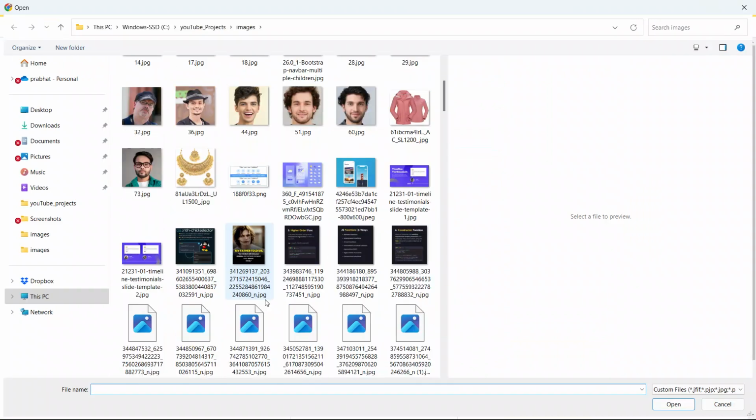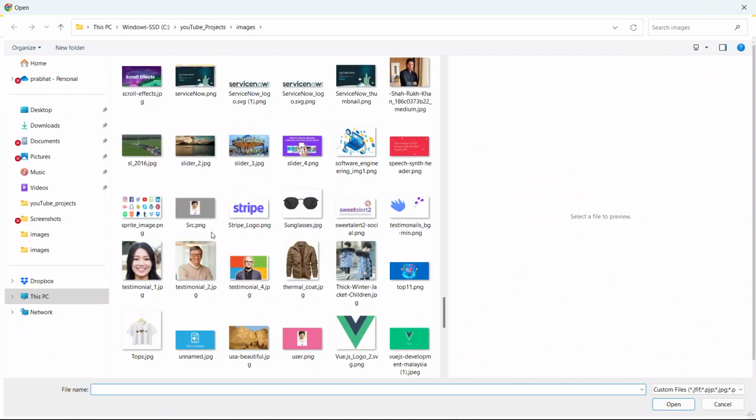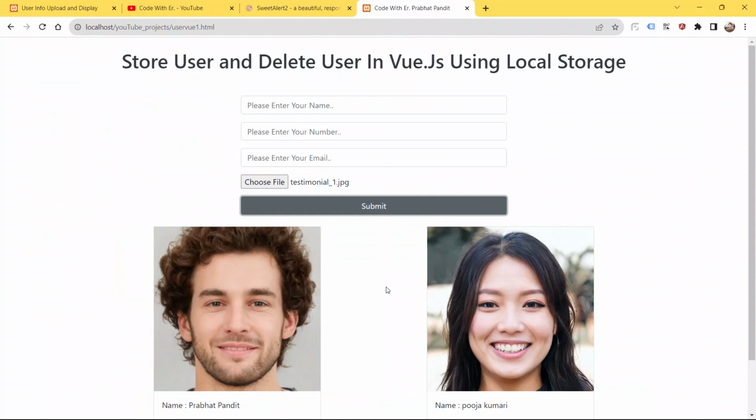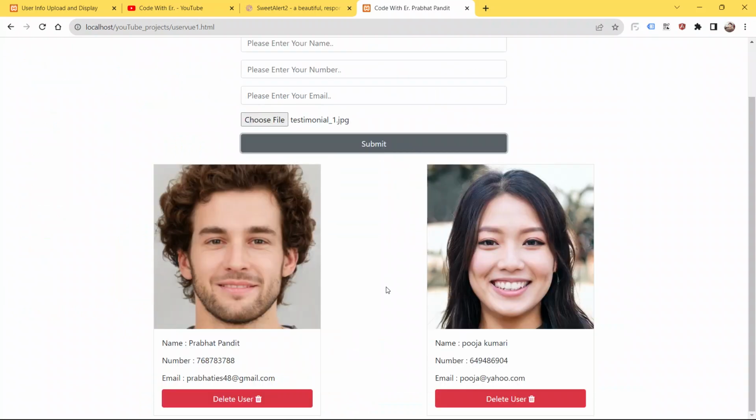Now guys, hit the button submit. See, boom guys, we got our two details. Right now whenever you click the button Delete User, nothing is gonna happen. See, I am gonna click the button Delete User. See guys, nothing is happening.